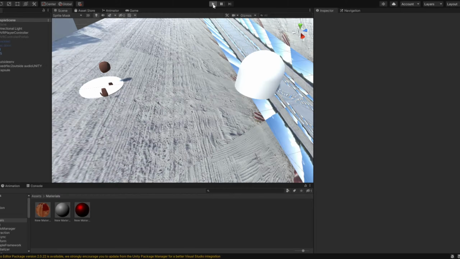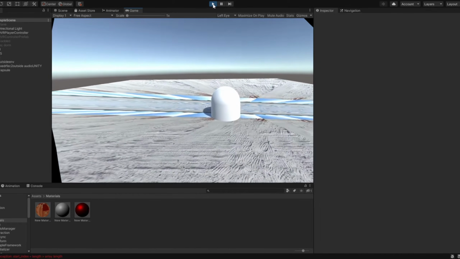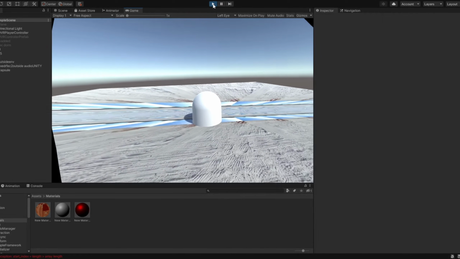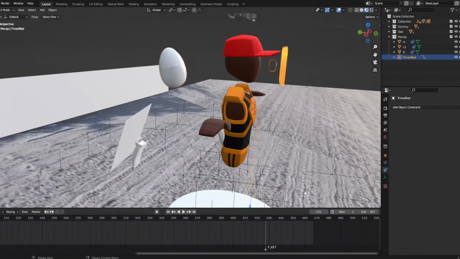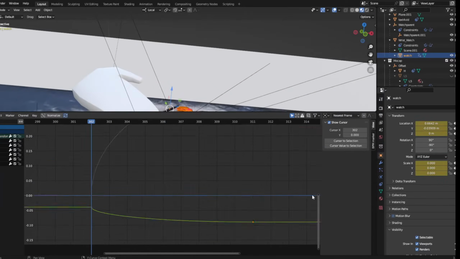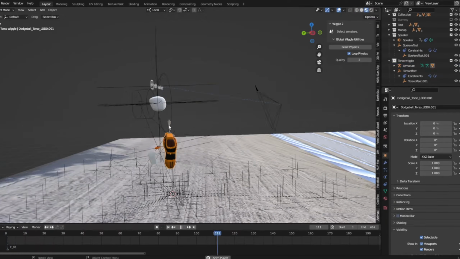Rec Room character. I threw together an insanely basic Unity project a week prior that records your movements, and I ended up using that. But you guys can use the software I found called Mocap Fusion. At this point, I can now import the mocap data into Blender, and then I created a simple watch menu opening animation. And I spent quite a bit of time tweaking the position of my head and torso due to